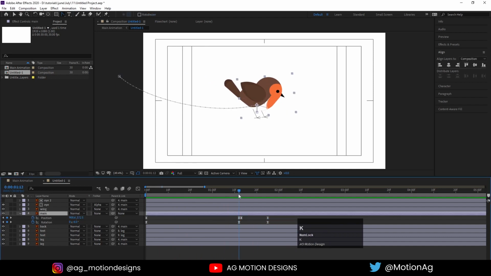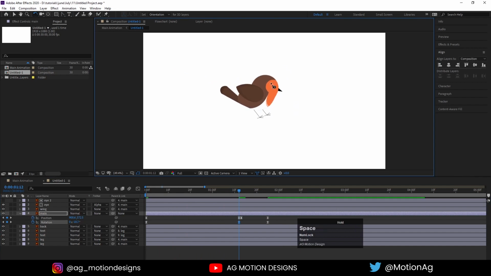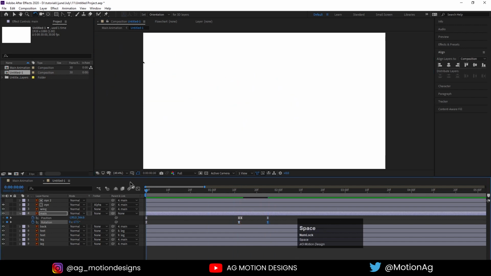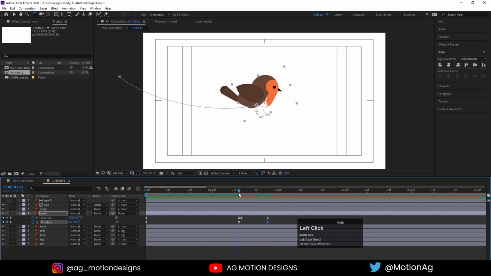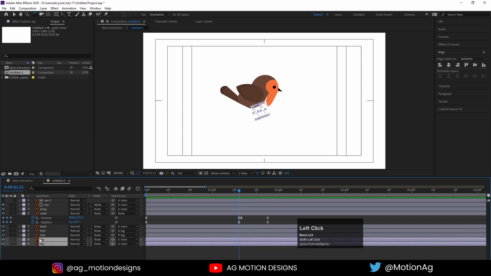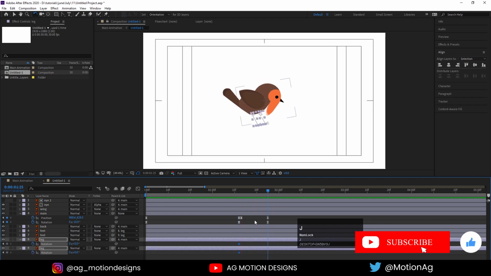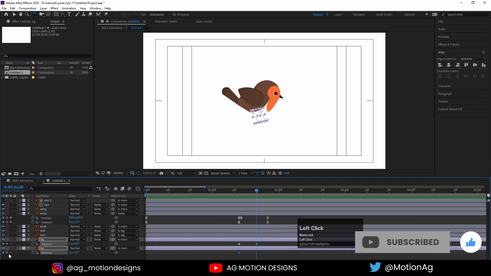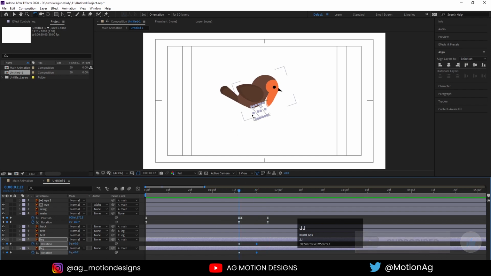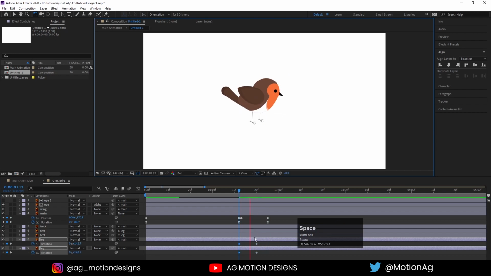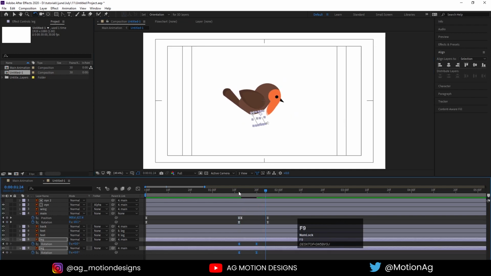And at this point for rotation, I'll choose something like this, and let's see over here rotation should be something like this. After that, what I'll do is create one keyframe on this leg. Press R on keyboard, create one keyframe, and at this point again create one keyframe, go over here, and I'll move it something like this. Select these keyframes, hit F9.